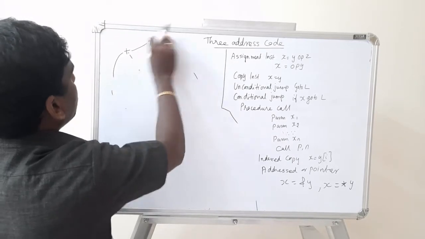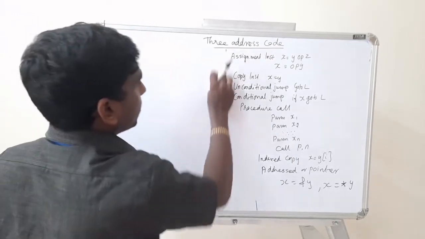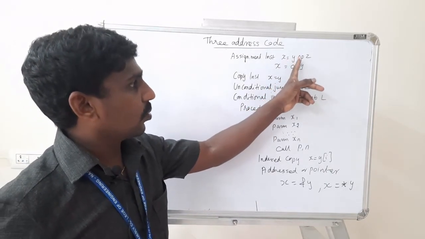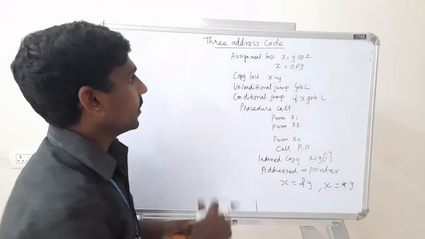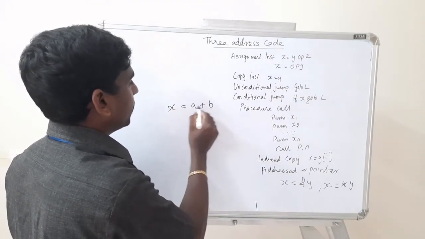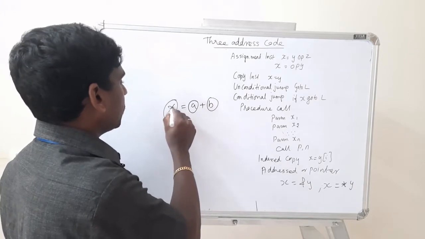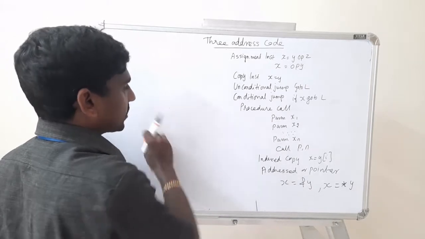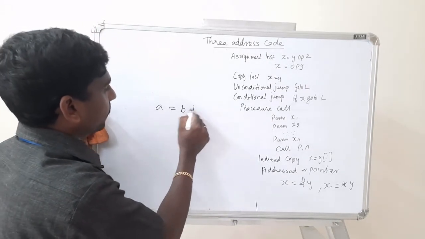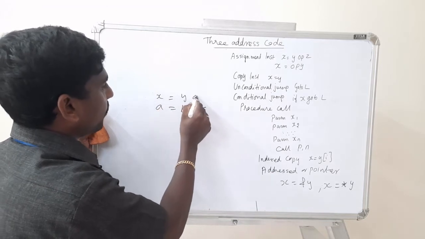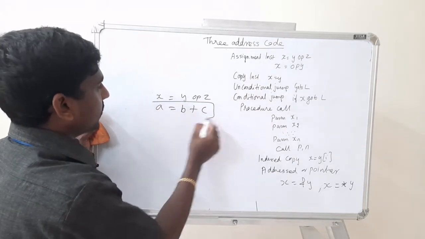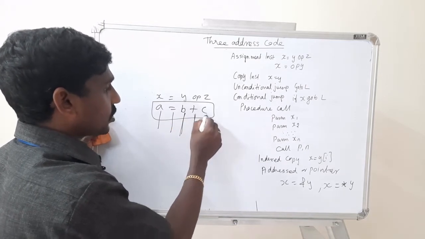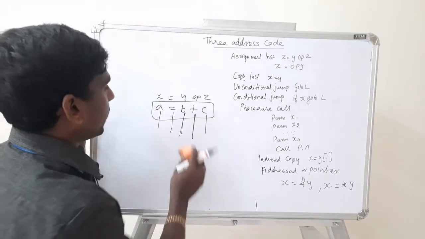In microprocessors or somewhere you studied 3 address code, some instructions, right? That is some operator or some instructions you may study. See, in assignment instruction, the form is x equal to y operator z. It may be x equal to a plus b, or a equal to b plus c. This is the form x equal to y operator z. That means this is x, this is the operator equal to, this is y, this is operator, and this is another term.